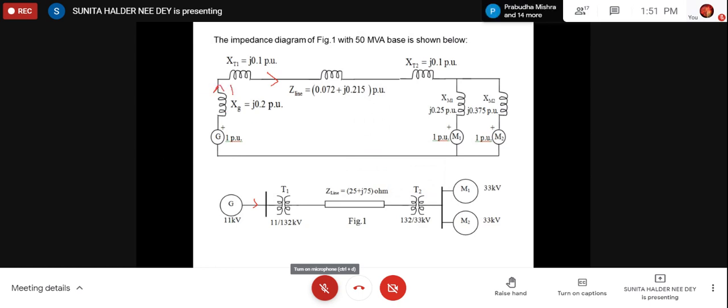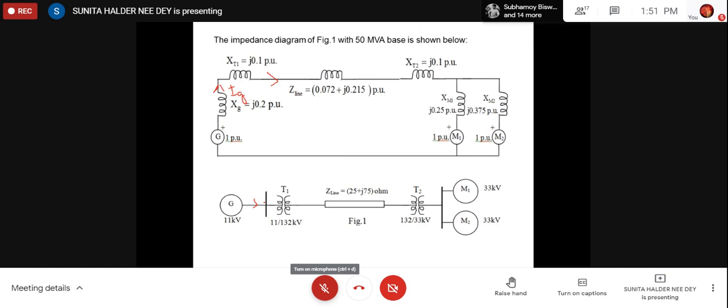Now, if this is the generator current, if I mark it with Ig, then Ig you will find in per unit. Then you just convert that per unit value with the base value of that section. That means root 3 VB IB equals base MVA of that system. So for the generator section, VB is 11 kV, IB you have to calculate, that is equal to 50 MVA. So from there you can calculate IB. If you know the actual value and can calculate the per unit value from here, you can easily calculate the generator current here. So the calculation becomes very easy.